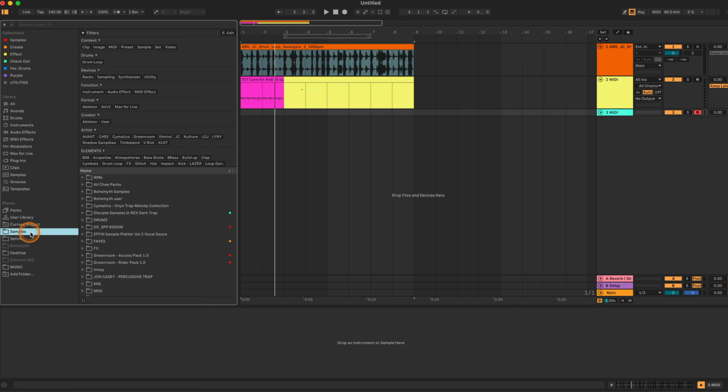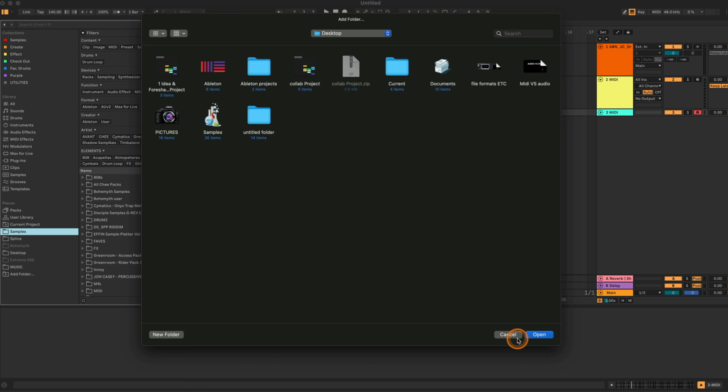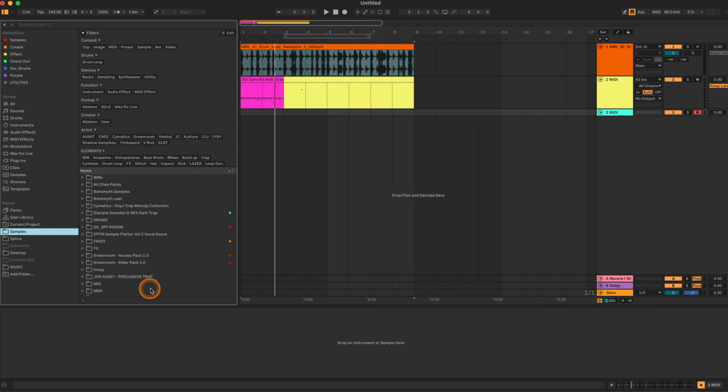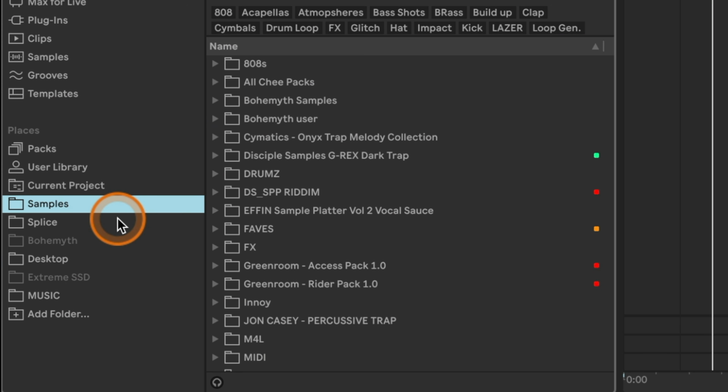And then we can add any files we want into places. That's cool. So we can add a folder and we can come in here and add any folder from our desktop. And now it'll be accessible from here and Ableton will be able to read it. For example, this here is my personal sample folder. So all the third-party samples I get, I save them in one samples folder and now they're all readily available